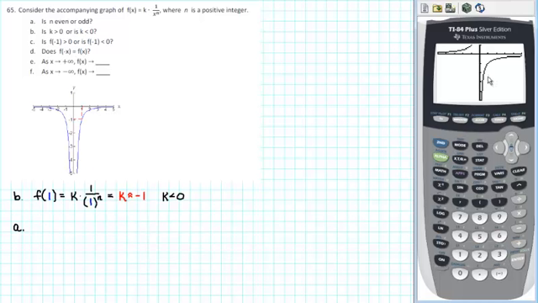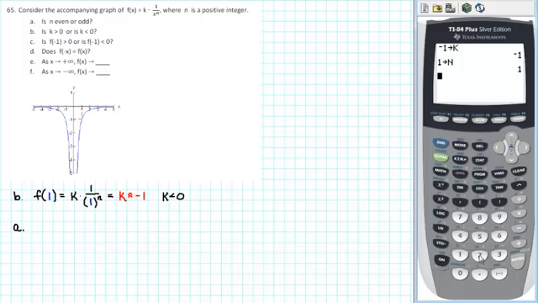And we see that the resulting graph does not match our given graph. On the right hand side, the graph looks much the same as the one that's given, but to the left of the y-axis, the y values are positive rather than negative. So this indicates that n is not 1, n is not an odd integer. Let's try an even integer. We'll go back to our home screen,